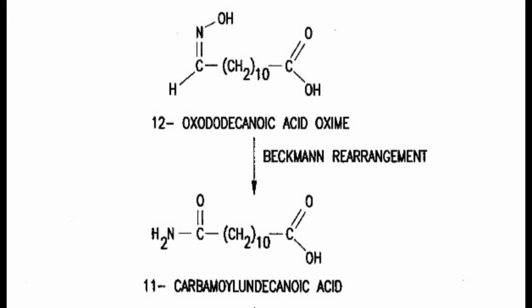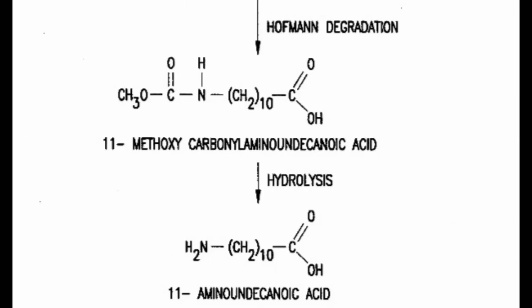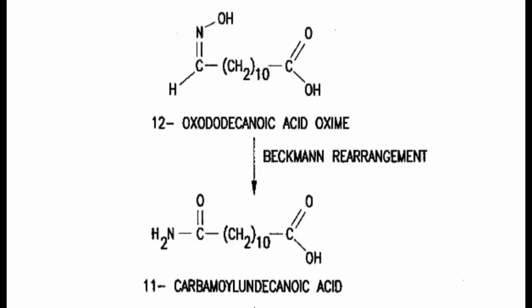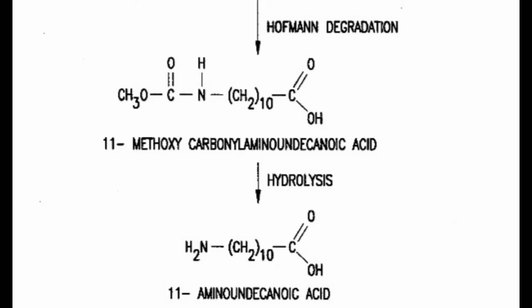You can see on a screen, to form 11 carbamyl undecanoic acid. Now this 11 carbamyl undecanoic acid undergoes Hofmann degradation reaction. In Hofmann degradation reaction, you can see that the NH2 which is bonded with C double bond O is given out and its position is taken by OCH3, that is methoxy group, to form 11 methoxy